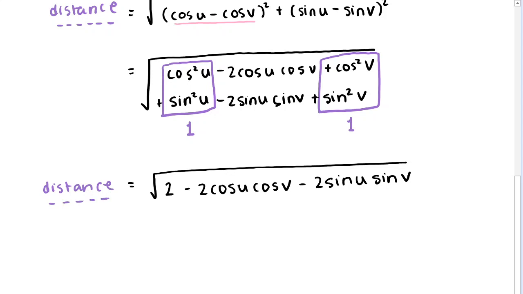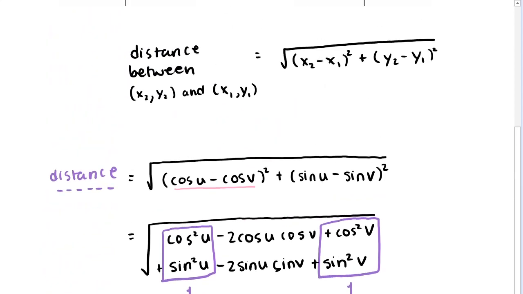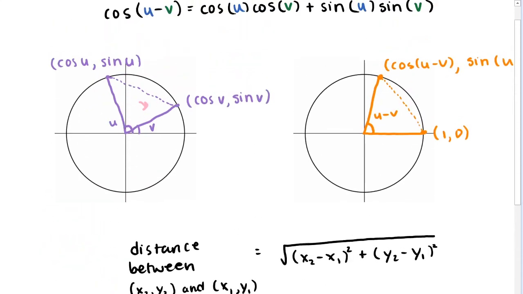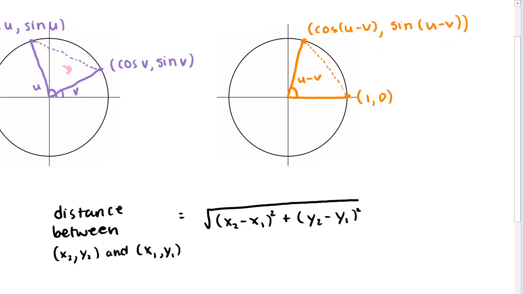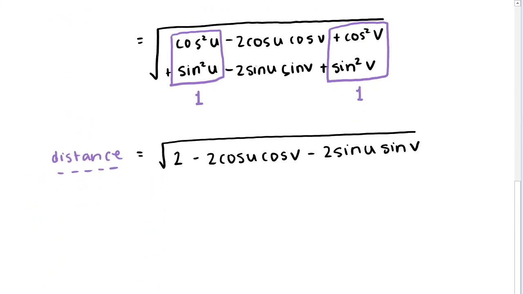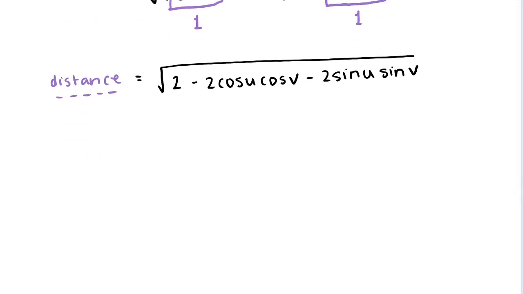Now let's find the distance of the dashed orange line. So let's go back up. The two points that we're working with for this dashed orange line, that we want to compute the distance between, were cosine of u minus v, comma sine of u minus v, and the point 1 comma 0. So the point on our unit circle along our horizontal axis on the right. So this orange distance